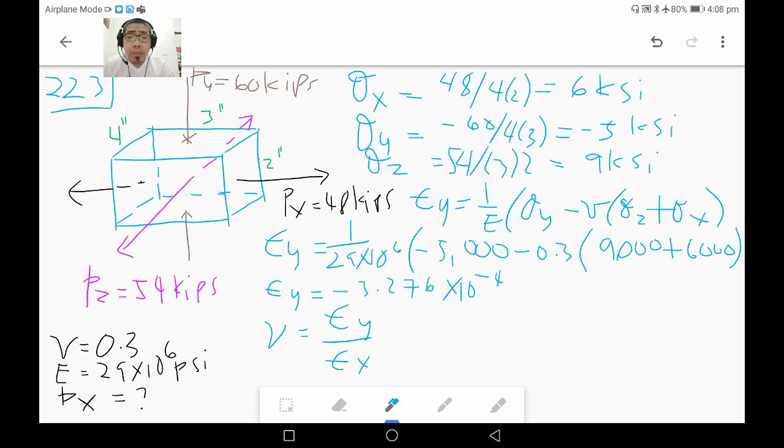So, ibig sabihin, pag makuha na natin yung strain sa Y, makuha natin strain sa X. It follows na Poisson's ratio is 0.3 and then that is equals 3.276